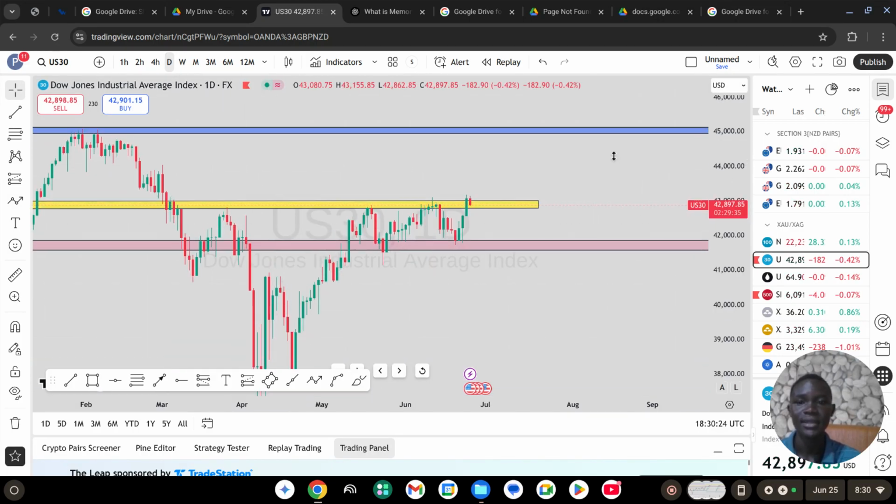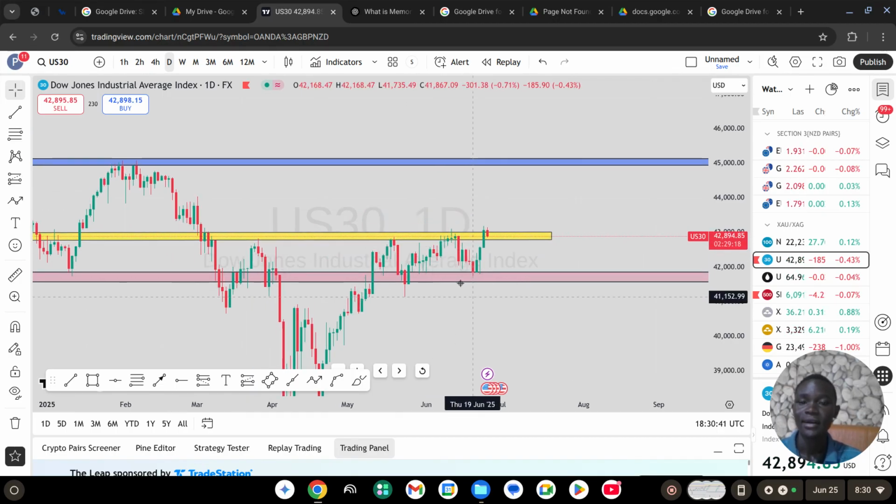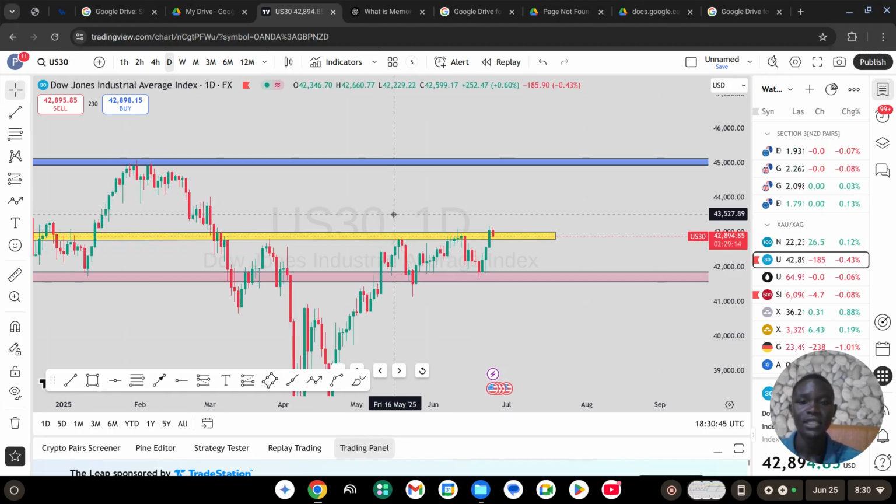You could see when the market came and retested, this is where my first entry was. The market reached my first immediate 100%. The market just flipped all the way back to the downside again and then it stopped me at break even. So right now I haven't entered this trade, but I'm still seeing more potential